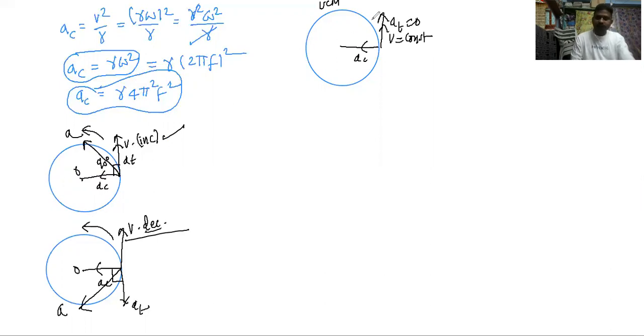Let's say this is anti-clockwise direction. Here, when velocity is constant, tangential acceleration is 0. So the only acceleration present is the centripetal acceleration, so your net acceleration also will be in the same direction. Remember these three things. Okay,